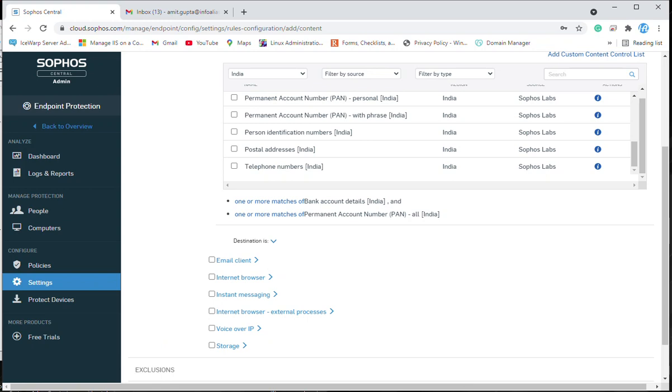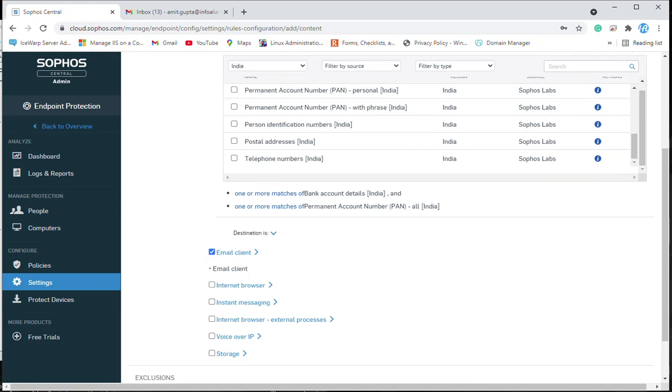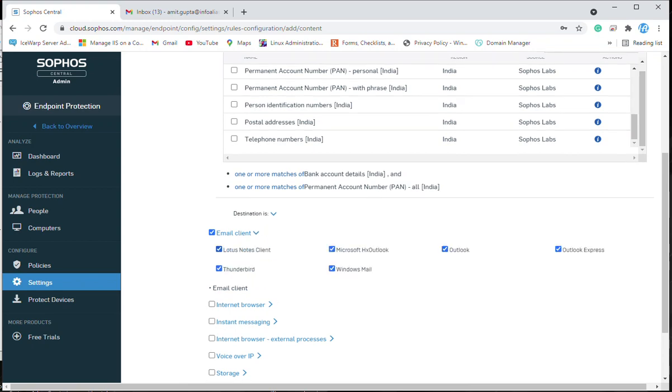In the destination, where the user is trying to send, it could be an email client, so you can select the email client. Here are the types of email clients. If the user is trying to send data through any of these email clients, it will be blocked according to the action we selected. Next is the internet browser.